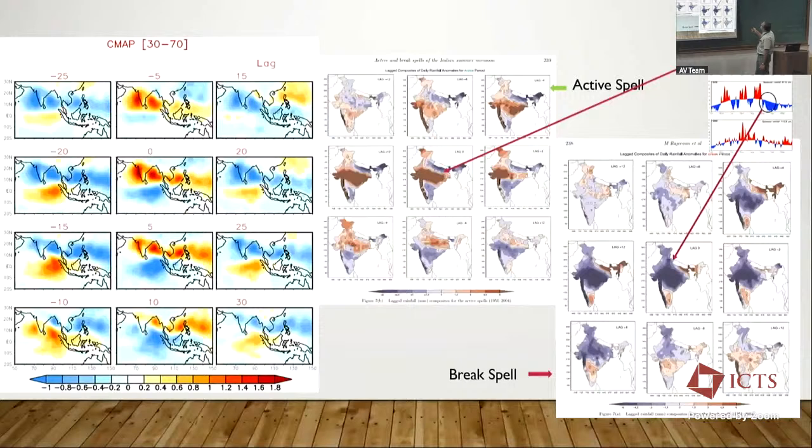pattern. So there is a set of oscillations going on. One is the seasonal mean. Above the seasonal mean, you have the subseasonal oscillations, and those oscillations look different every year. Some years are very strong, some years are weak. Sometimes it is extended, sometimes not. So this is extended active, extended break, and now these things are very much important because